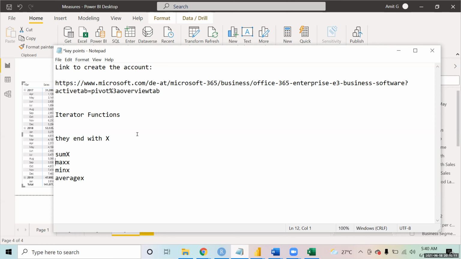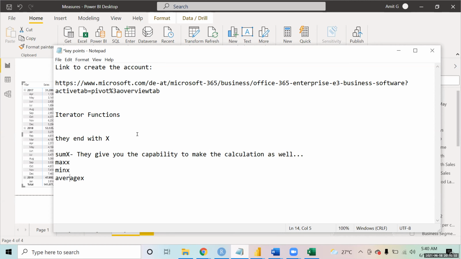Now, what are these functions? These are like sum, max, and min only, just that they give you the capability to make the calculation as well.